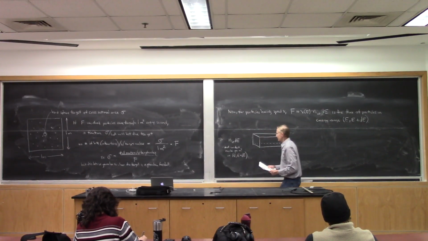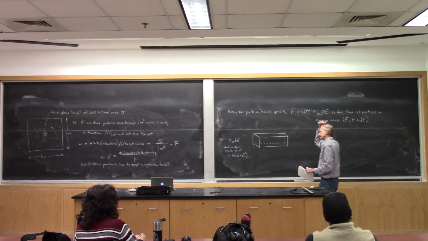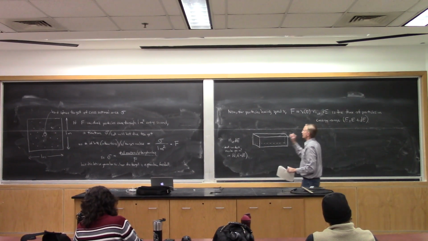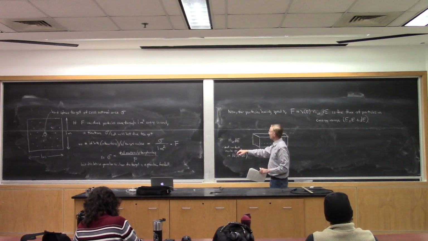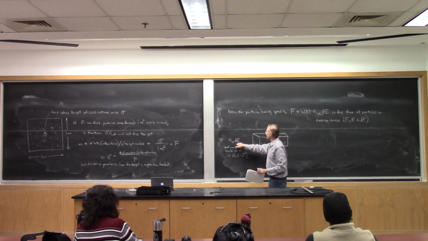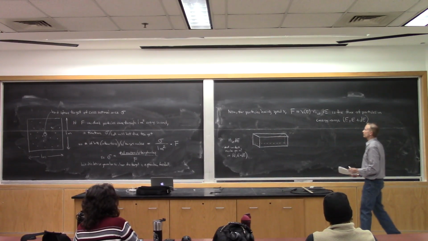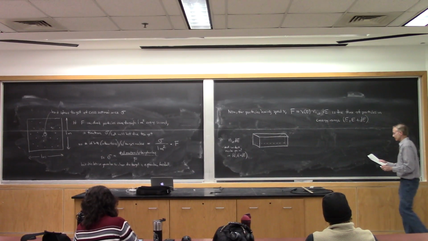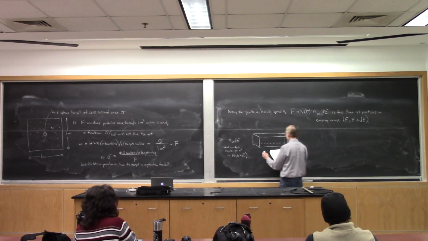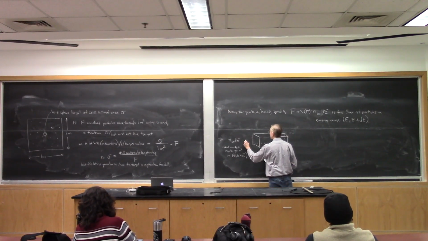So in other words, N sub I of E is the number of particles per cubic meter per unit energy interval, times the width of the energy interval, will be the number of particles per cubic meter that are flying towards our